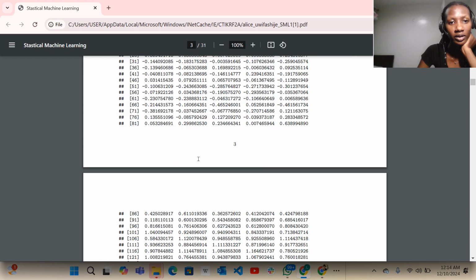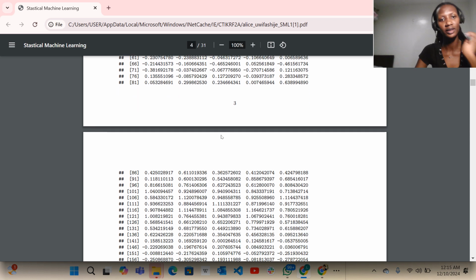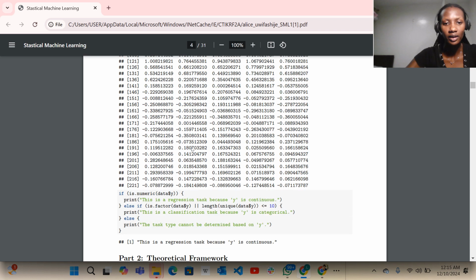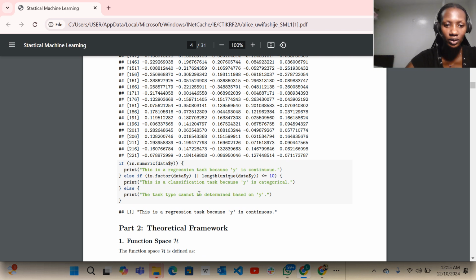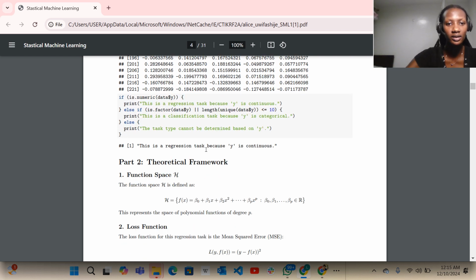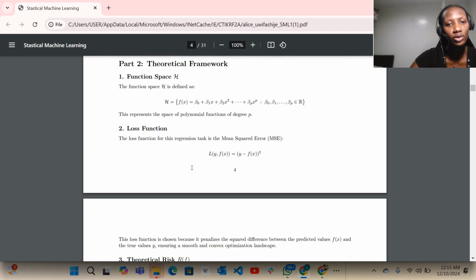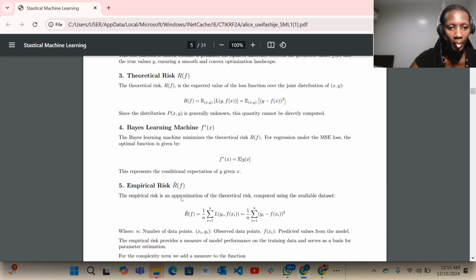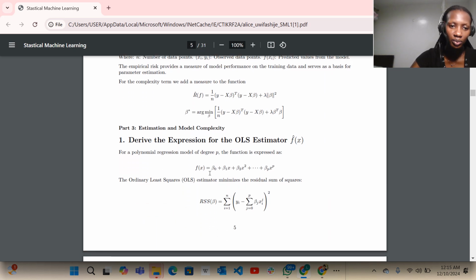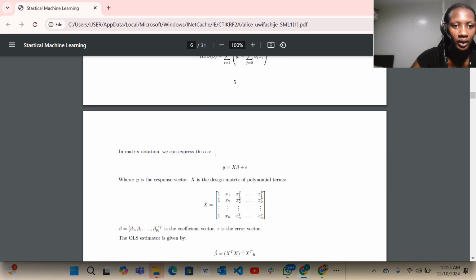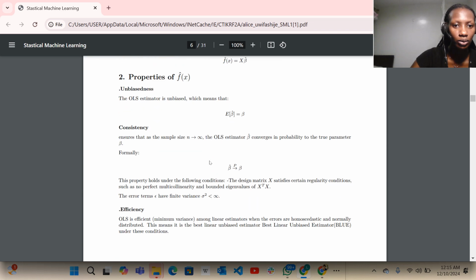We saw that this is regression, since y was continuous, so we decided that this data set was a regression problem. The next part was about the theoretical parts. I think we cannot deal with them in this video, as we don't have enough time, so I can go to the